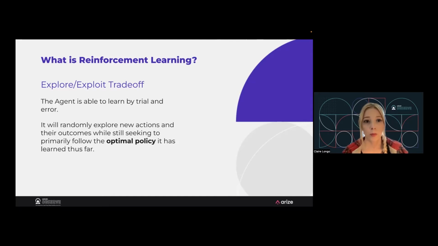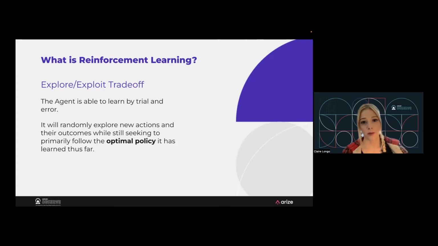And this is tunable, but you can always set thresholds here to continue to explore by introducing new randomness and trying different actions as opposed to following that optimal policy that you've found. And this allows these algorithms to really adapt in almost real time. It's very useful if you're in a situation where you expect the environment to change and you want to be able to catch that automatically.